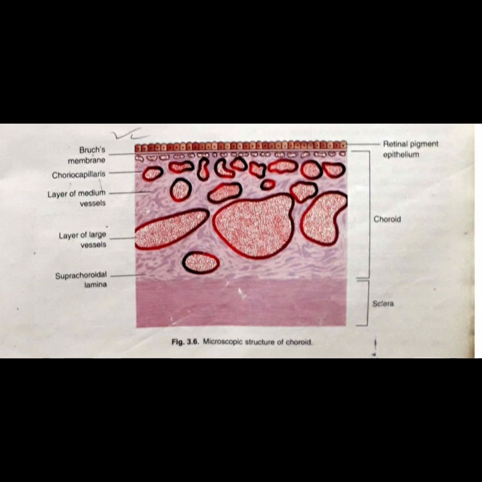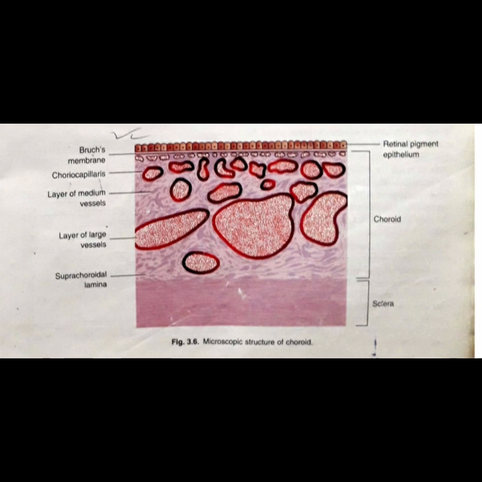Okay, now the stroma of the choroid, definitely it is also the bulk of the choroid. So it consists of loose collagenous tissue with some elastic and reticular fibers. Okay, and now you can see some large vessels and some small vessels as well. So stroma is actually arranged in two layers. The outer layer of large vessels is called the Haller's layer, you can see it very easily. Then the inner layer of medium vessels is called the Sattler's layer. Okay, so that is all about the choroidal stroma.